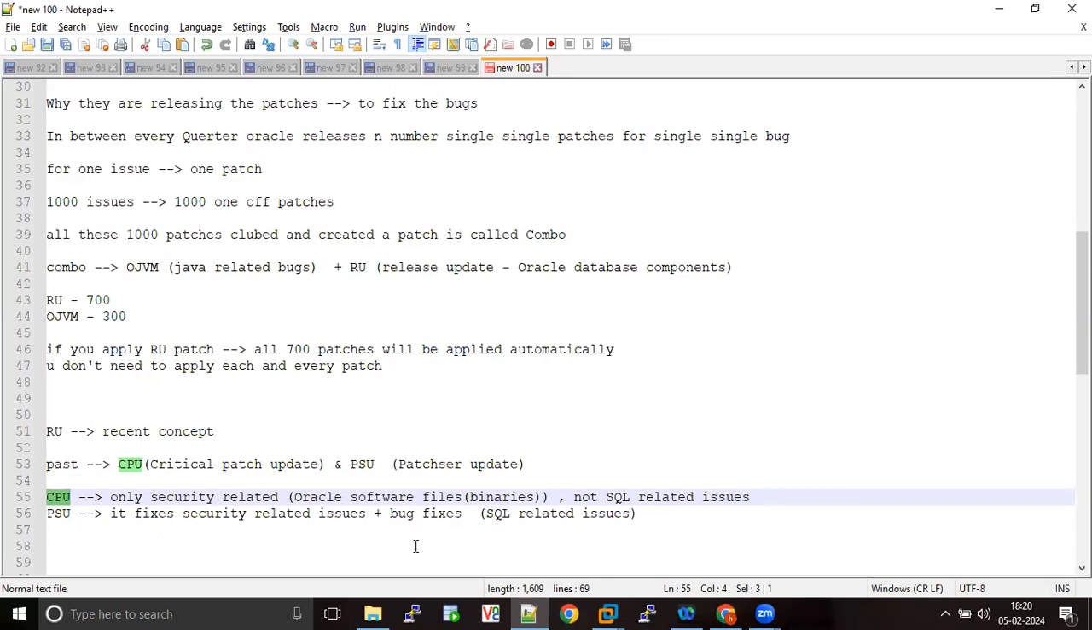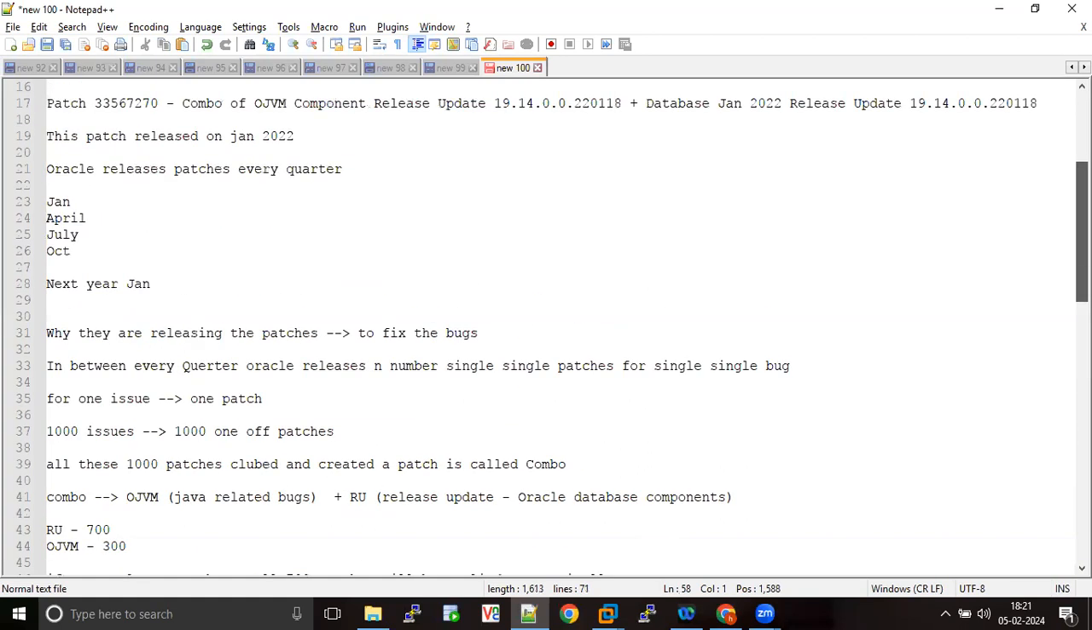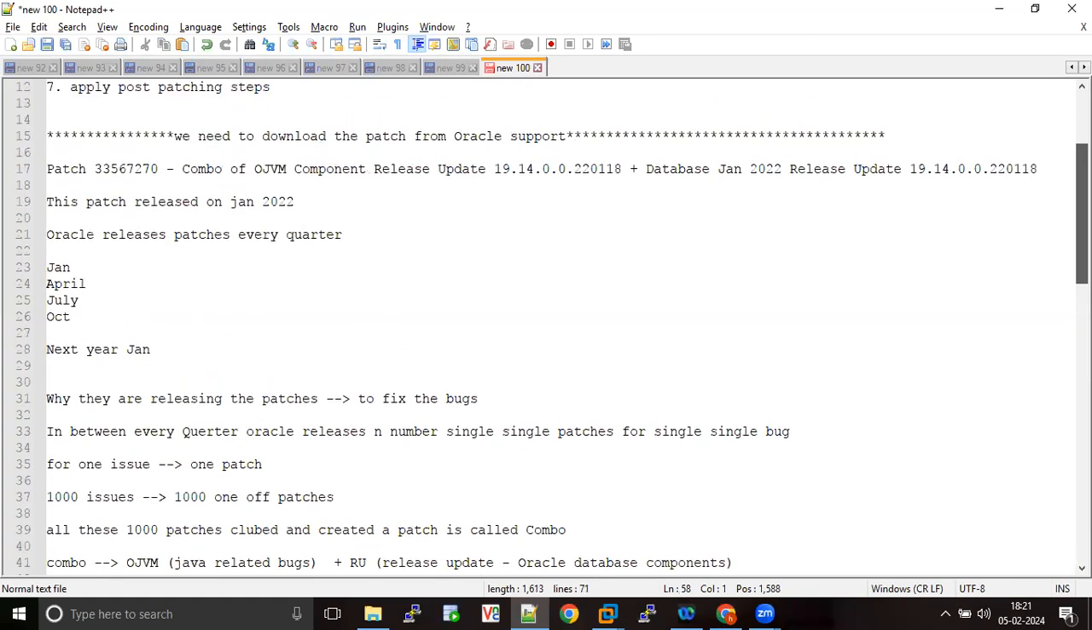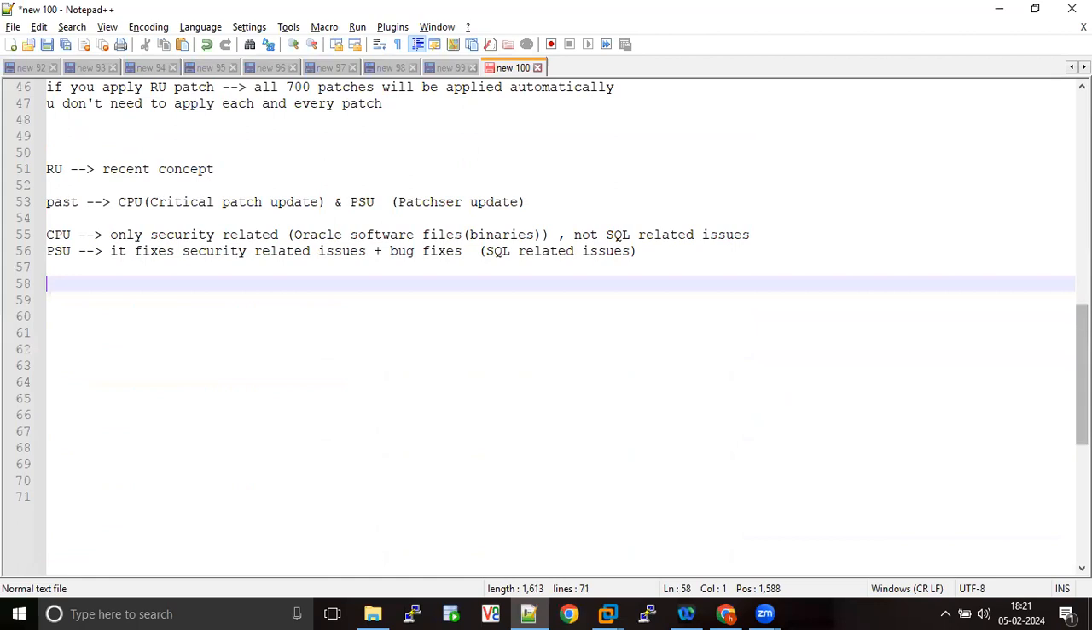Okay. Now, Oracle support releases patches every quarter, right? For example, our database version is 19.21 or 19.18. When we have to apply the patch for 19.21, it means we have to apply the PSU patch or CPU patch, right? Now, as of now,